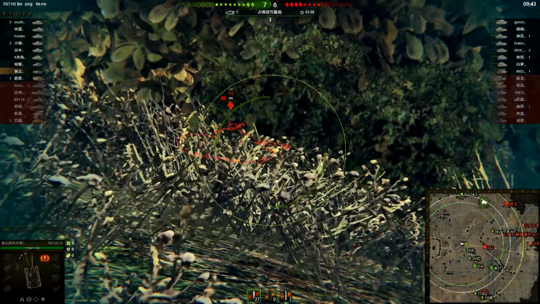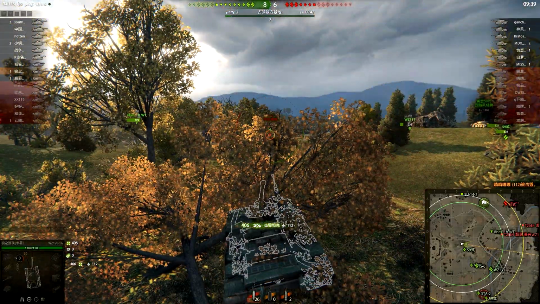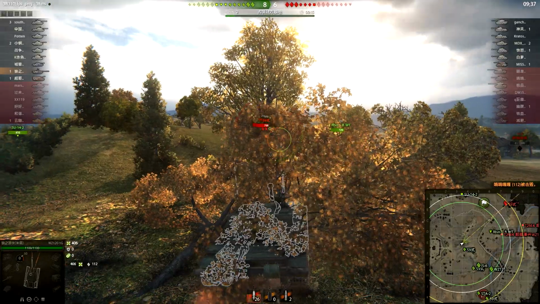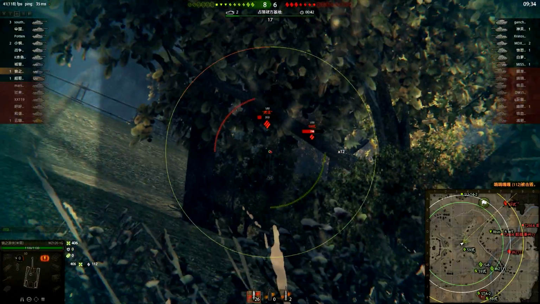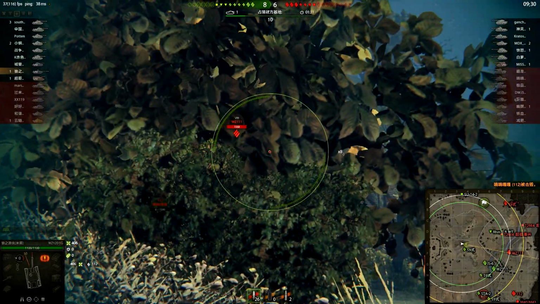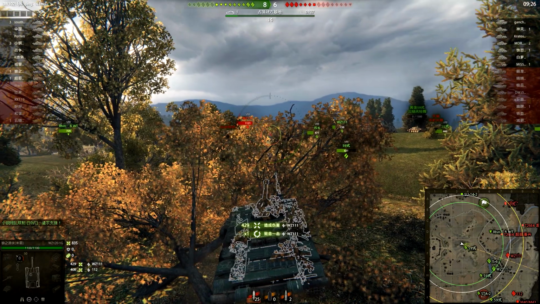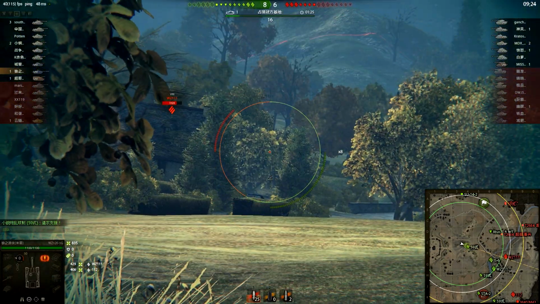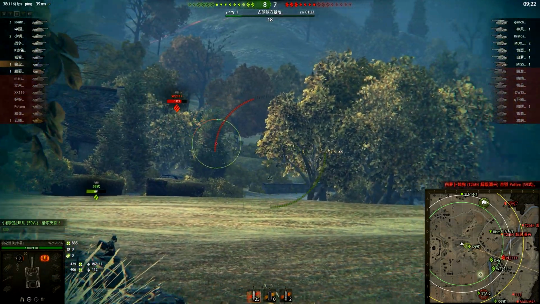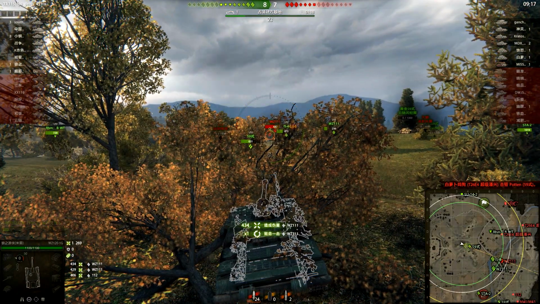WZ-120-1FT. That 120 in the name maybe says that this tank has a 120mm gun, but no, it seems like this 120 is simply a serial number, because it actually has a 122mm gun. 60-122 DGFTA gun with 440 alpha damage with one shot. 440 alpha damage for a Tier 8 premium tank is always nice, because you are able to see those 500